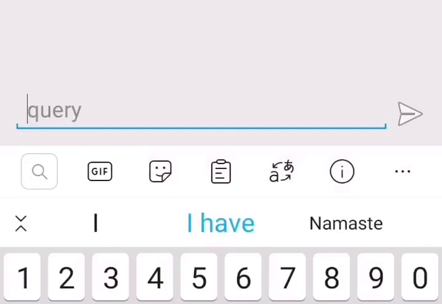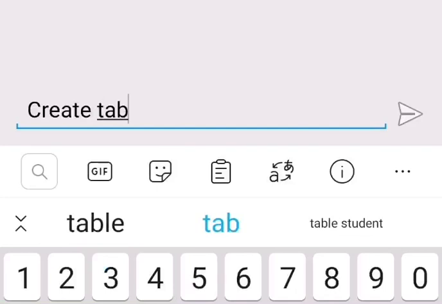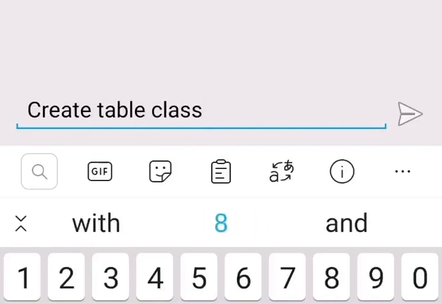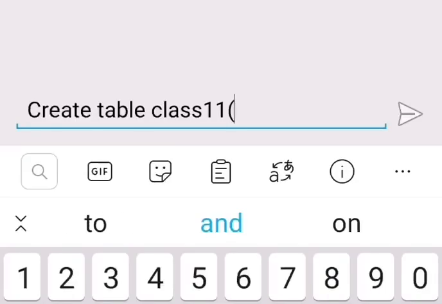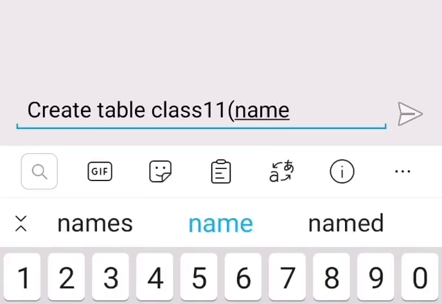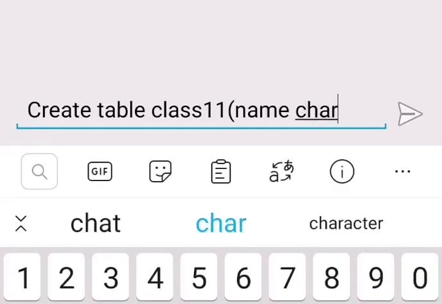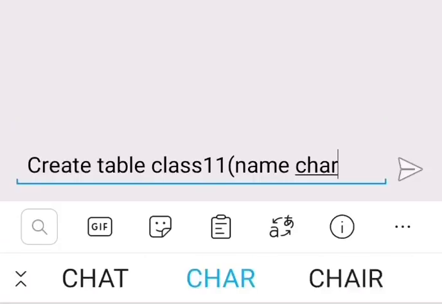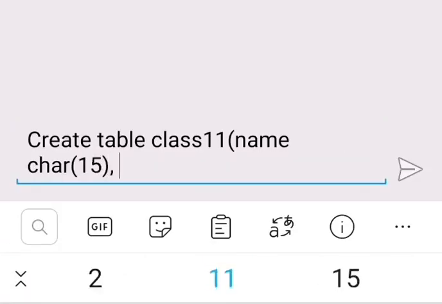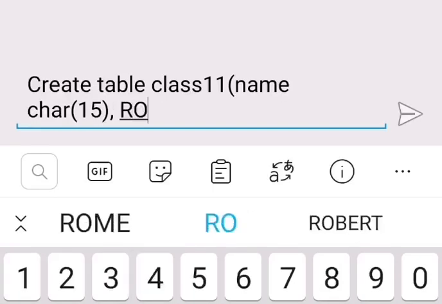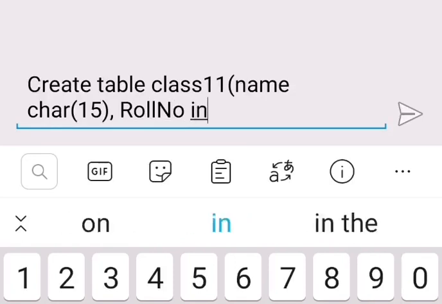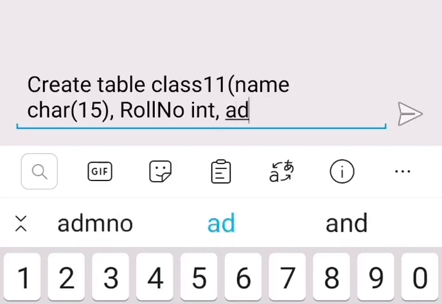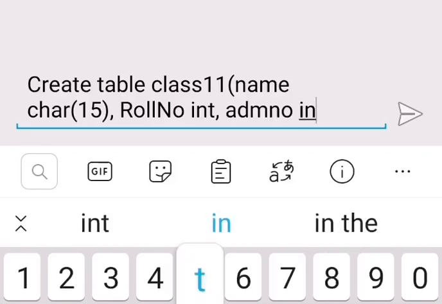Click on the query. For creating table, we have to write create table class 11, name character, let's say 15 characters, then roll number, data type is int, admission number, again the data type is int.